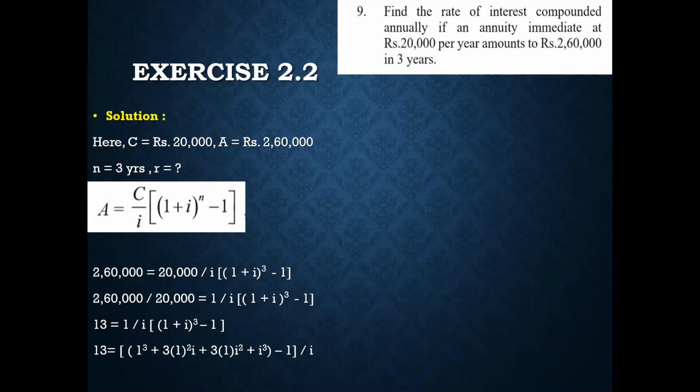So I'll be opening the bracket like this, as you can see. Other things remaining the same. I've multiplied 1 into this bracket, which gives me this particular bracket, and I is in the form of division like this. So A cube, my A over here is 1. So 1 cube plus 3 into A square into B, and B is I over here, plus 3 into A into B square, which gives me I square, plus B cube. So that is I cube minus 1, bracket close, divided by I.